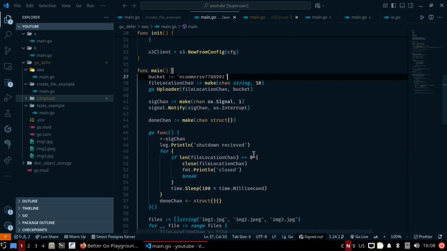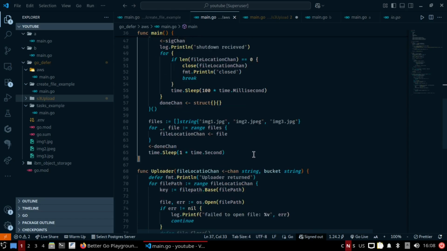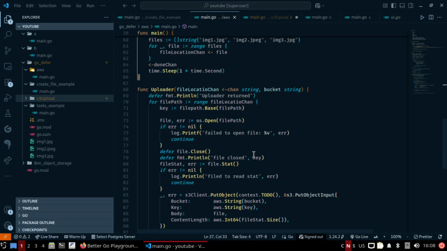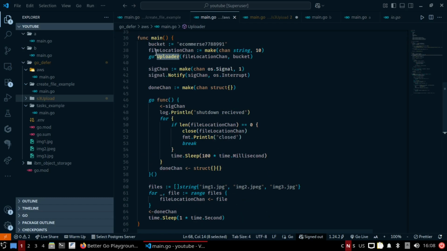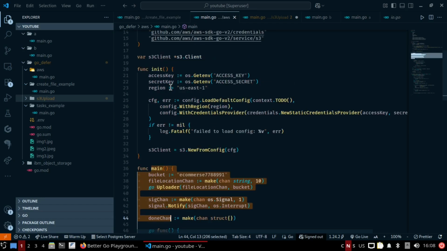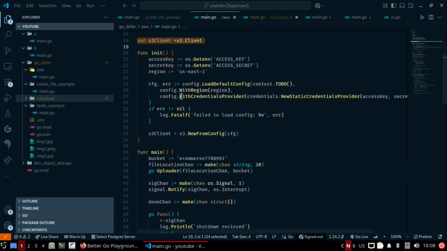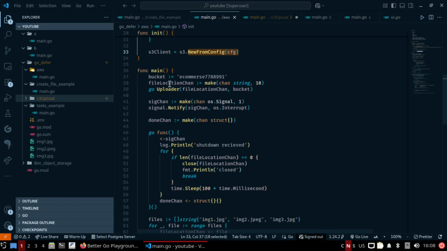Here I try to demonstrate how Go defer can cause an error or program crash, like if you are receiving images or whatever files from channels. This is the main block, and I have initiated an AWS client over here, and it's the AWS client variable, which is a global variable. I created a client, then I have used uploader as a